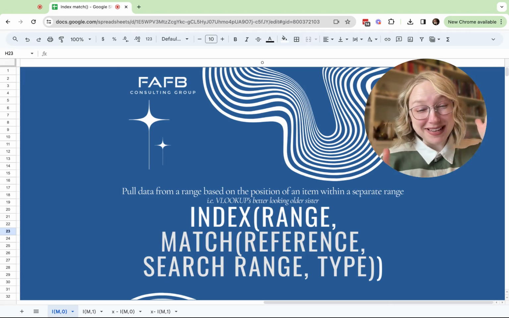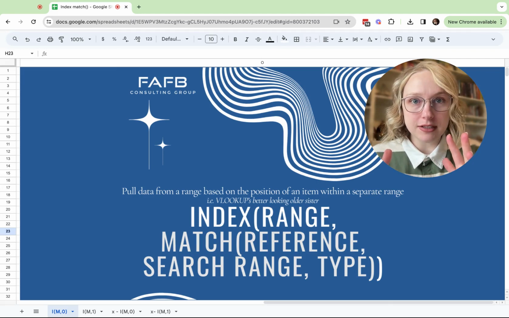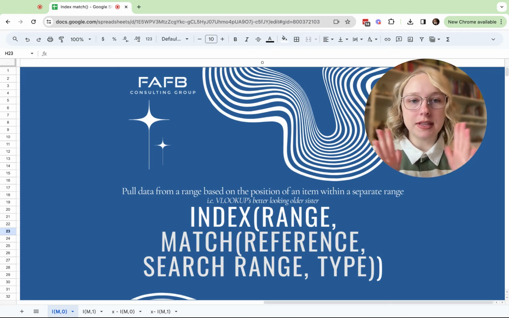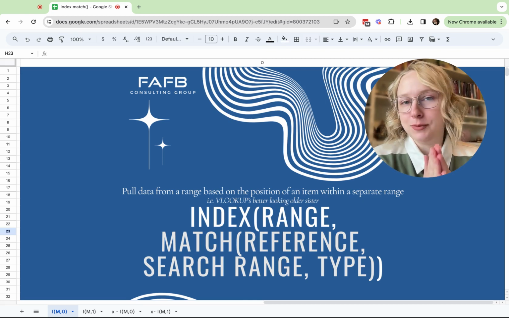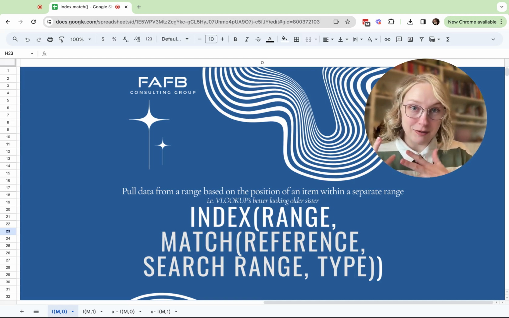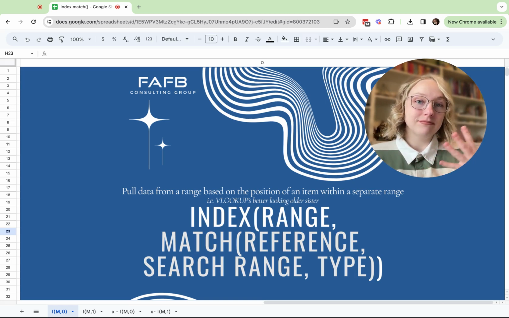Okay, let's talk about my best friend, index match. This is the function that I teach anybody that is starting with me, anybody that I'm helping, any business that I'm helping. This is the foundation of any analysis, of any spreadsheet work. It's index match, and it is VLOOKUP's much better looking older sister. So let's talk about how this fast function can replace how you are using VLOOKUPs and make your life so